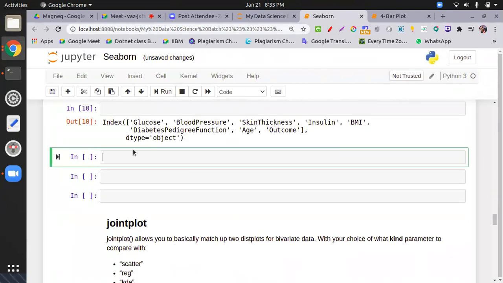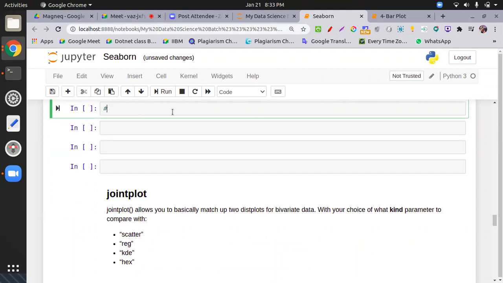So the task: draw the histogram for only diabetic persons.